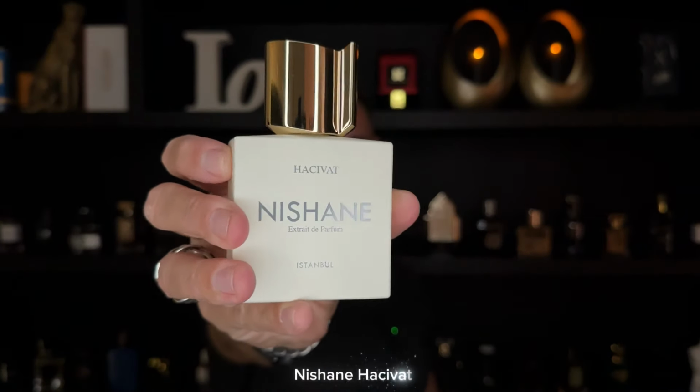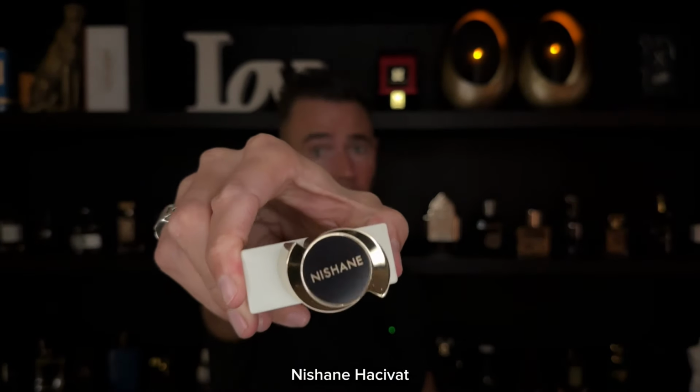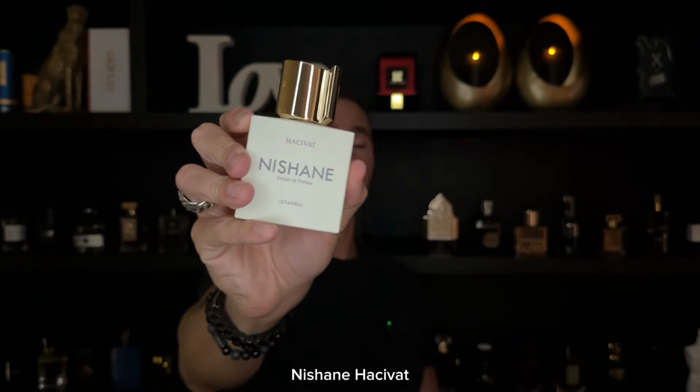And yeah, it's mass appealing. People like it. It's a compliment getter. So if you like that DNA, blind buy this. Thank me later. Next up, we have Nishane Hacivat, and this is already a well-known fragrance by a lot of